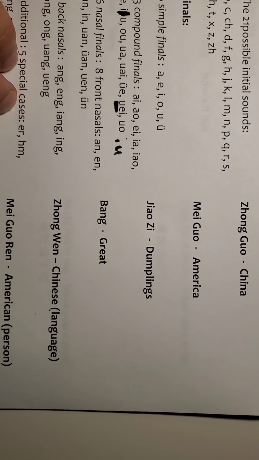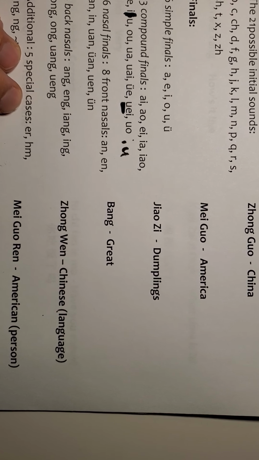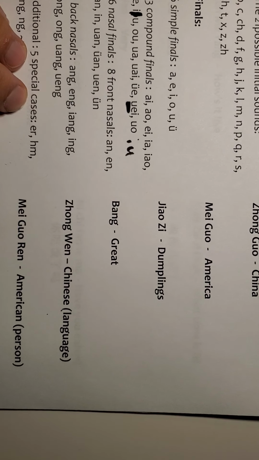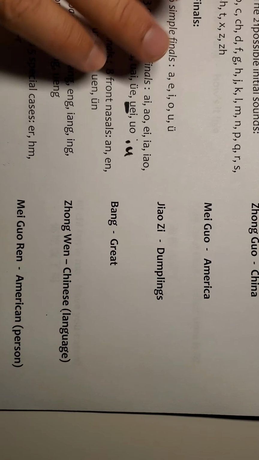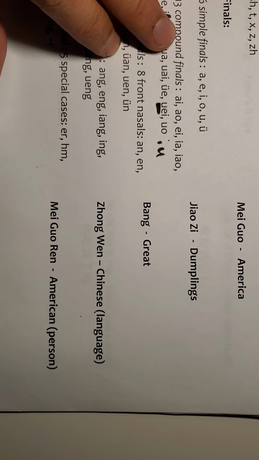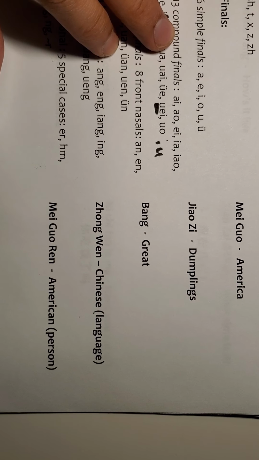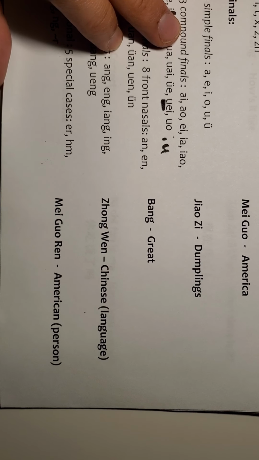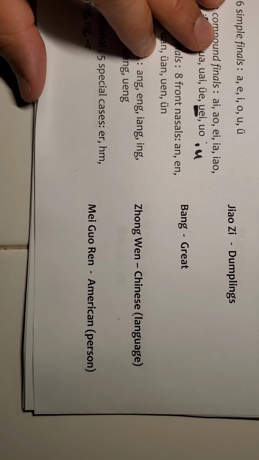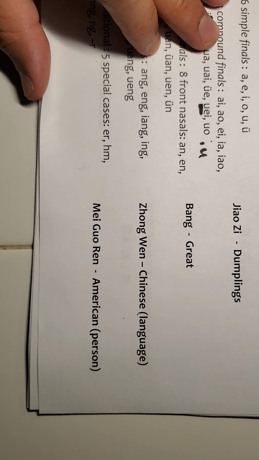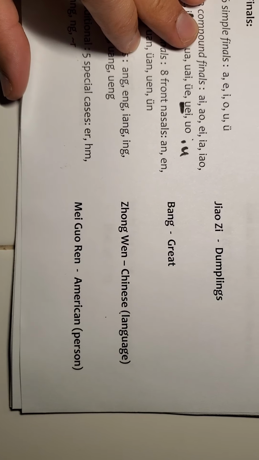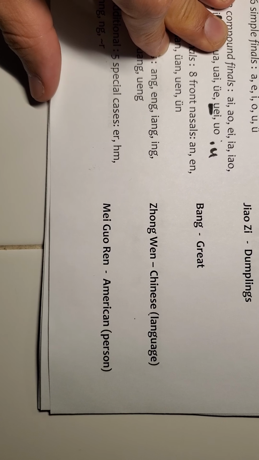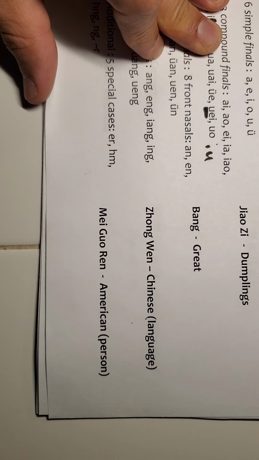All right, so bang. There's a 1 character word that means in English great. Nihan bang. Nihan bang. You survived. It's a long drawn out thing. Nihan bang. You're a great student. Zhongwen, Chinese language. Zhongwen, also known as Hanyu. Hanyu is also the way to say Chinese language, but let's call it Zhongwen right now because Zhongwen is fine. Meiguoren. It's going to be American. So remember how you say America? Meiguo. There you go. Meiguoren. Pretty easy. You could apply that a lot of places. We'll get into it.